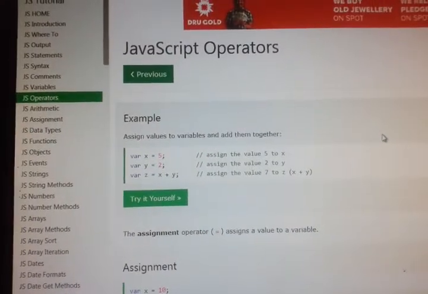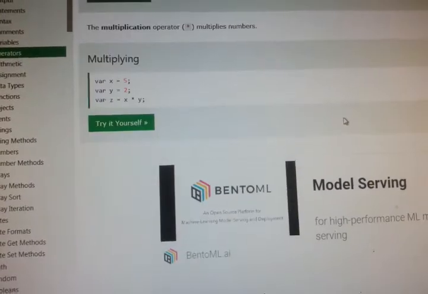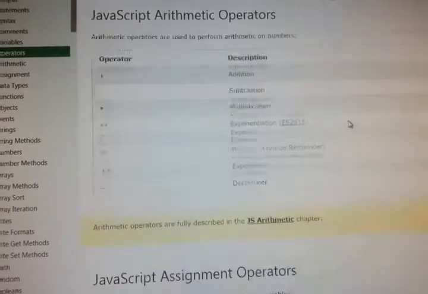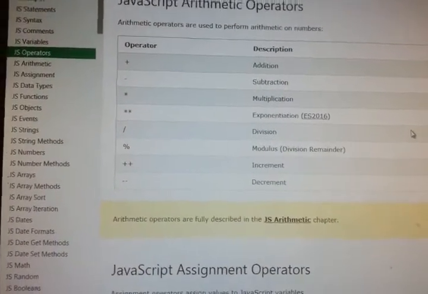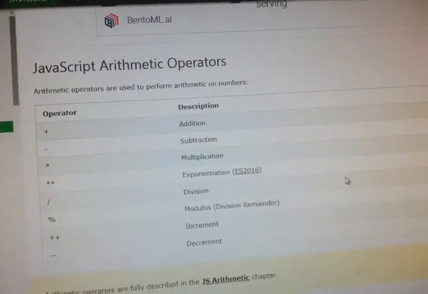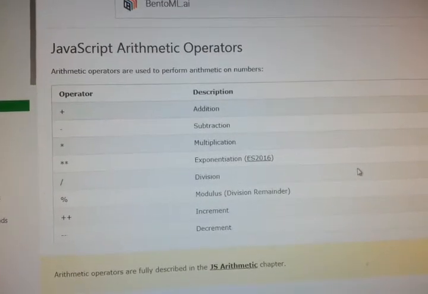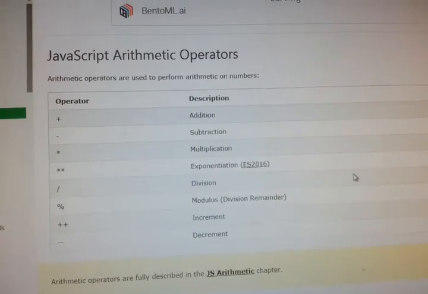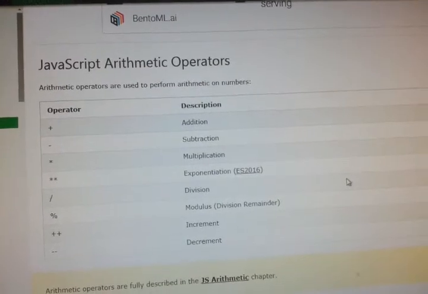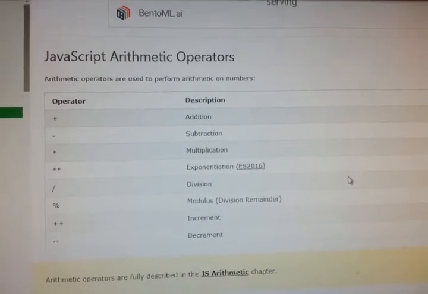There are many operators in JavaScript. The first operator is the arithmetic operator. We all know that arithmetic operators are used to perform arithmetic on numbers. So the operators